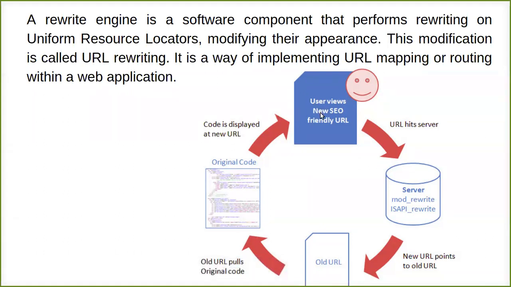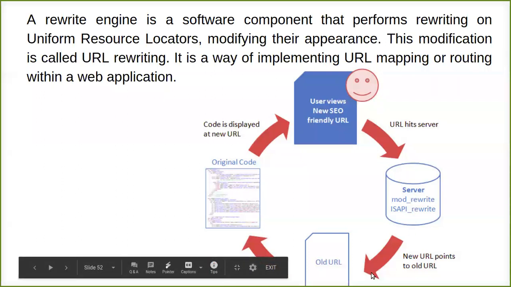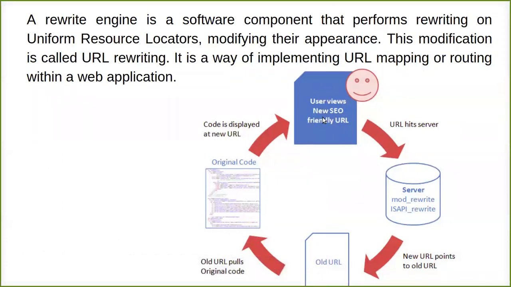Okay. But the next time, when the user tries the same page again, what is happening? Again going back to the server, but it is going to find the old URL which the user has requested, and that URL is going to be pulled, and it is going to get executed with the code and get to your browser. Okay, so that means we are not again creating the sessions, again creating the things for the user, but it is the old one. We are just again mapping it to the one which we have already used, the request we sent previously.